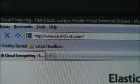Cloud hosting is an exciting new technology which is a scalable and cost-effective way of renting servers by the hour, where you can scale up and scale down and only pay for what you're using. So cloud hosting is relevant for startups and SMEs because every company needs a website,